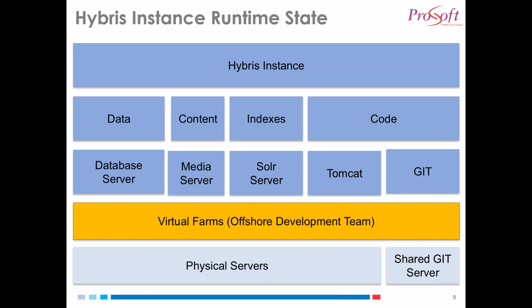So I have given a view which is more logical, but as we drill down into some of the aspects, we can see how the infrastructure is going to look. Then sitting underneath this layer is a physical server. We can have, maybe on one single server, multiple VM instances running, and within each VM we are running these Hybris instances. So this is very important